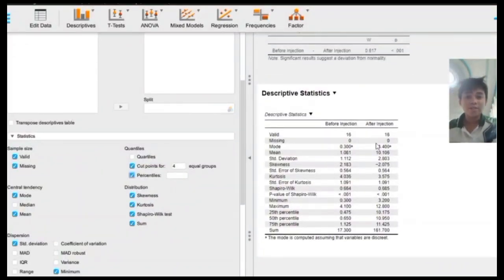After our ANOVA is generated, we can see that our group sum of squares is 80.111, while our residuals is 70.333, with degrees of freedom 2 and 15 respectively. Our F value of 8.543 has a p-value of 0.003, which is less than our significance value of